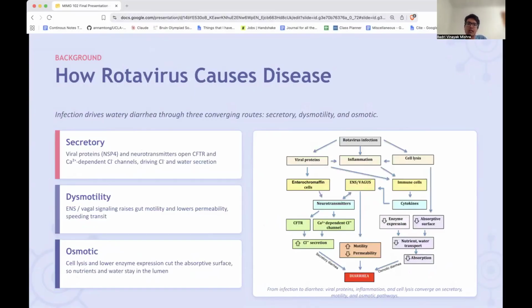The most important slide is how the rotavirus causes disease. The main problem is obviously diarrhea. Three routes converge on diarrhea. First is secretory. NSP4 is an enterotoxin that opens the CFTR and calcium-dependent chloride channels, dumping chloride and water into